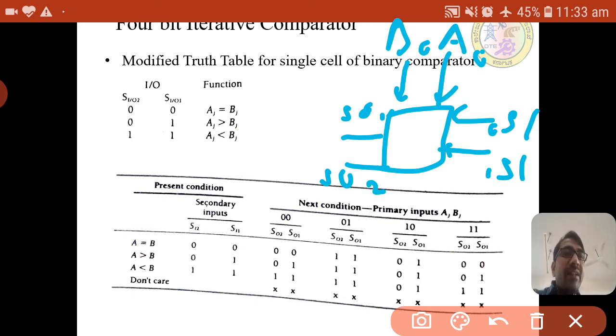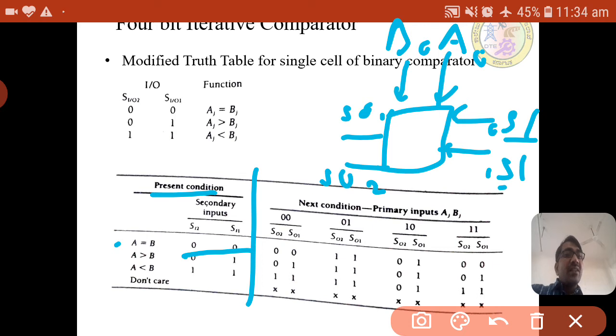In this truth table, if the present condition is this, what will be the next condition? The present condition here is the secondary input. The secondary output of the previous cell acts as the secondary input.